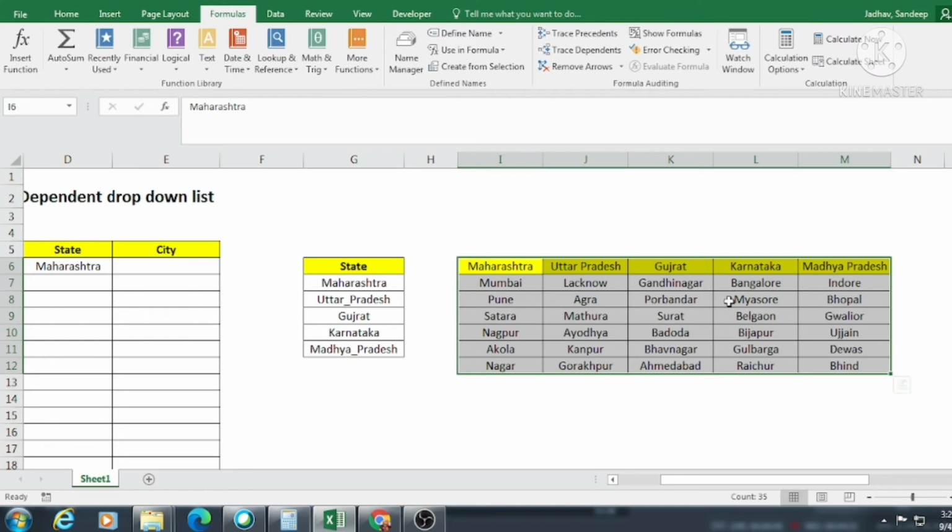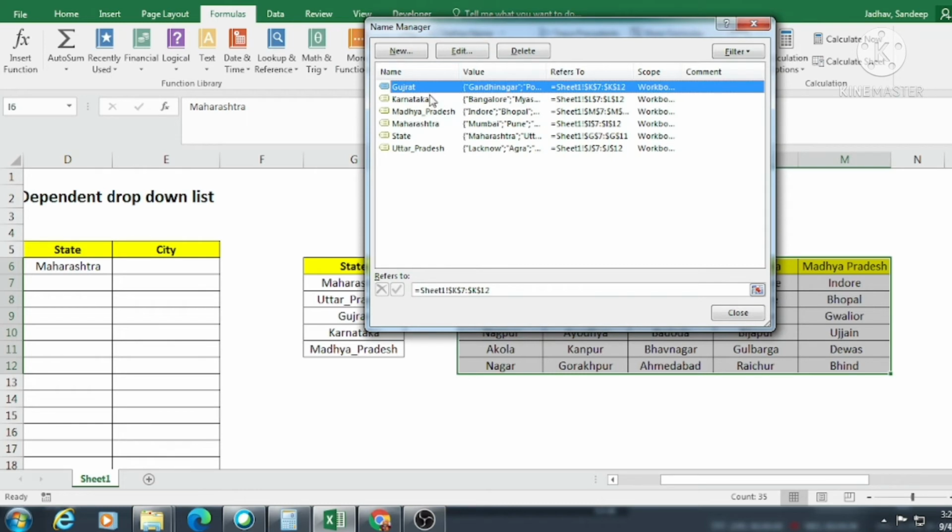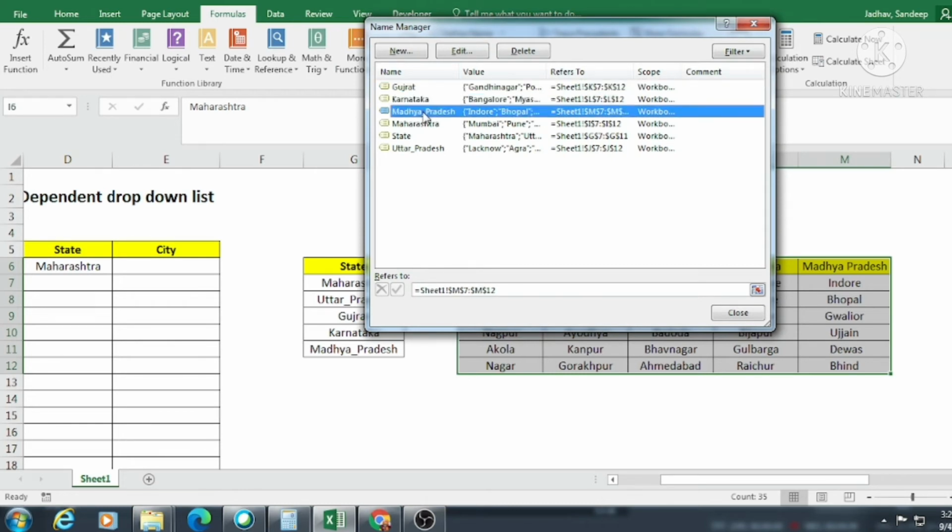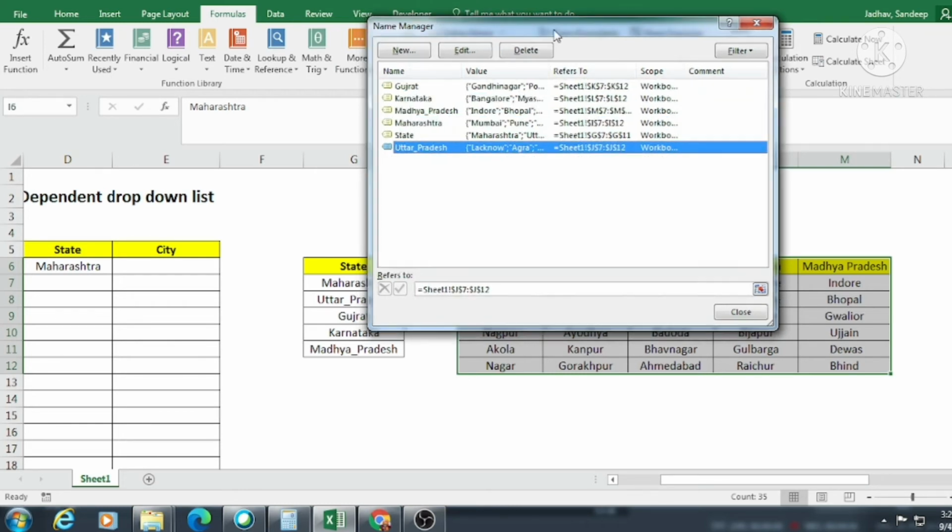Now this list must be created. How do I check that? I have to go to formulas and name manager. You can see here all the states list is being created, and you can see here